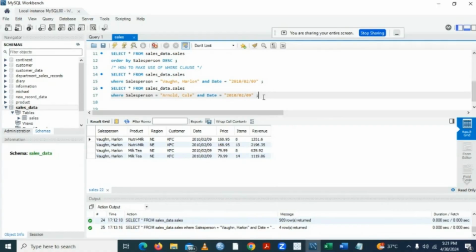Date will be between. So let's start from sales and date between 2010/04/01